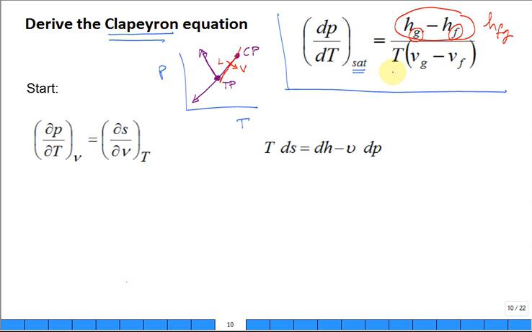All right, what's T? If you've been shy, not sure of answering some of these questions, here's your chance. What's T? Temperature. Congratulations. And now what's V sub G and V sub F? The volume. So if I have 1 kilogram at that pressure and temperature of saturated vapor, what volume does it occupy? And if I have 1 kilogram at the same temperature and pressure of saturated liquid, what volume does it occupy? V sub G and V sub F.